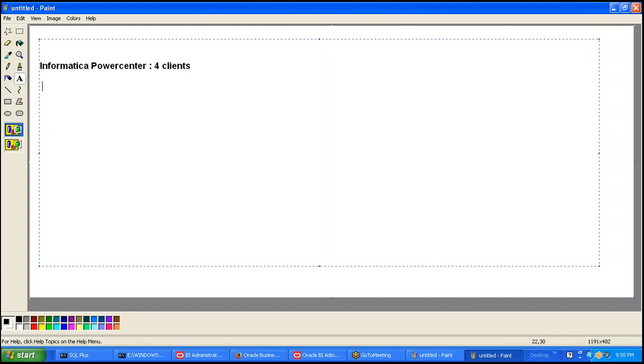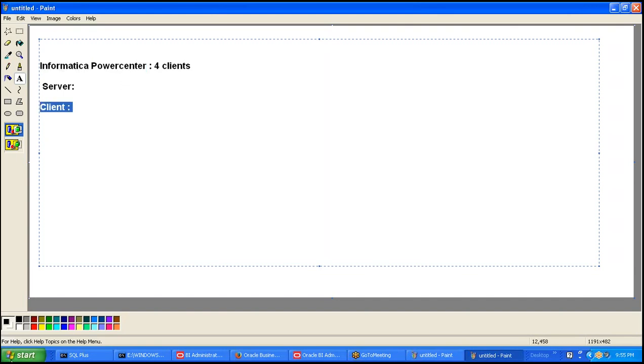Here in Informatica you will be installing 2 softwares. One is the server, the other is the client. In the server you will get the Informatica server, which is also called the integration server, and a repository server. You will be able to configure both servers, and for that you need to install the server. Whereas if you want to work with the tool, you need to install the clients too. There will be 4 different clients. I will show you, but it's not related to us actually.